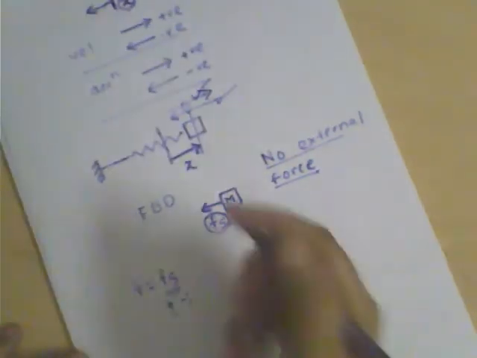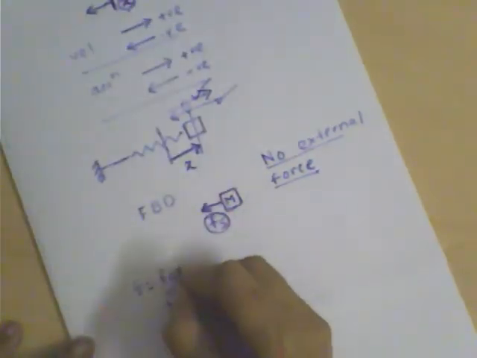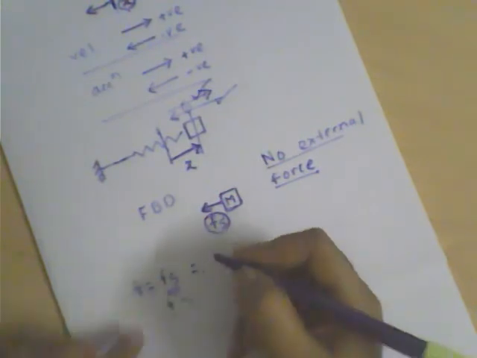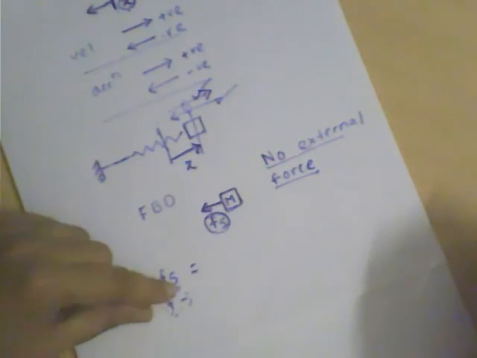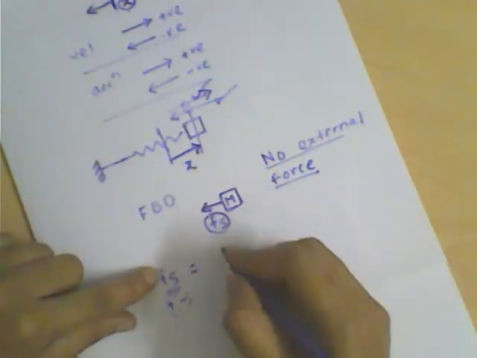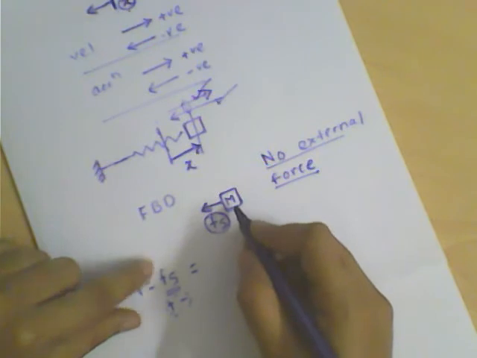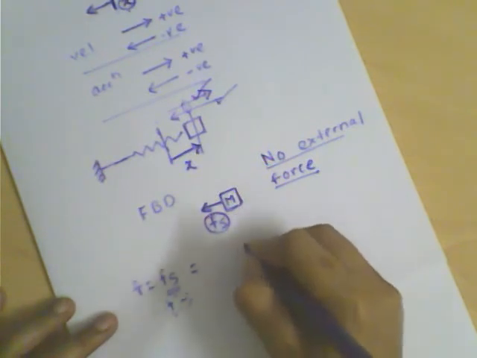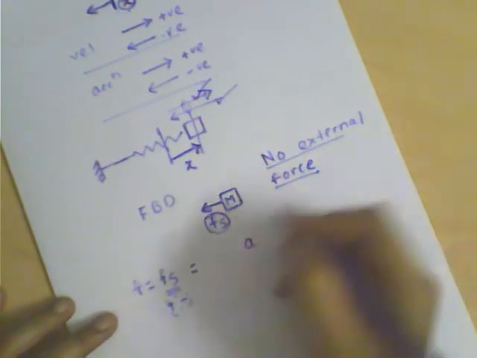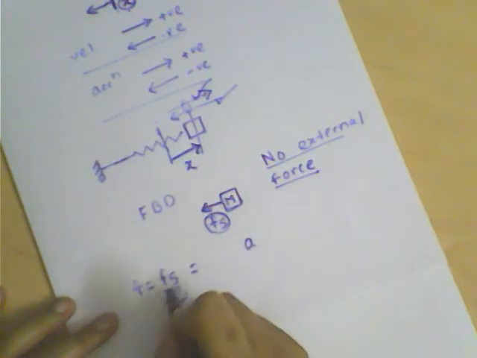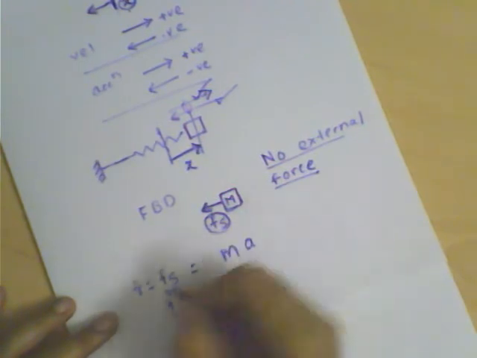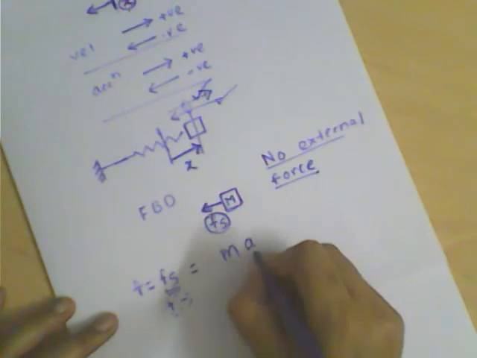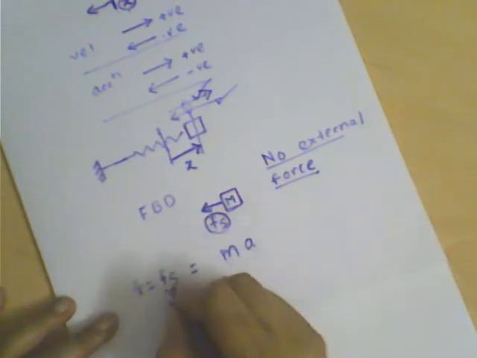So this is the force, as I have told you, and since this is the only force, it is unbalanced. If an unbalanced force is acting on the mass, then obviously you are anticipating that the mass will accelerate. So there will be an acceleration. That acceleration will be proportional to Fs. It will be in the direction of Fs, and the proportionality constant will be the mass itself. So Fs is going to be equal to m times a, or a is equal to Fs by m.